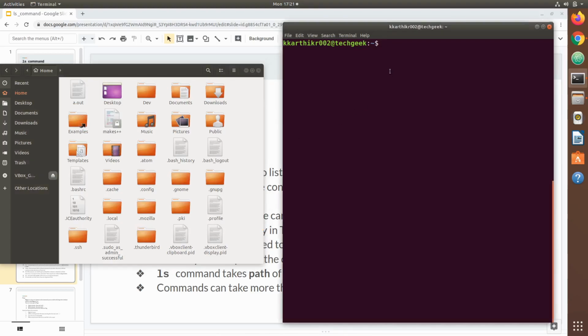What if we want to see all the files including hidden files in the terminal? There are two options for us. We can either use a new command, or the second option is to change the behavior of the ls command and make it print all the contents. If we implement the first one, then we'll have a lot of commands in Linux, which makes Linux difficult to use. So developers chose the second option.